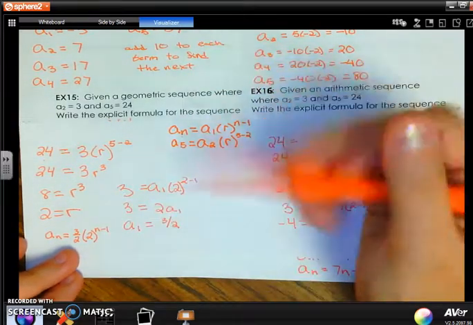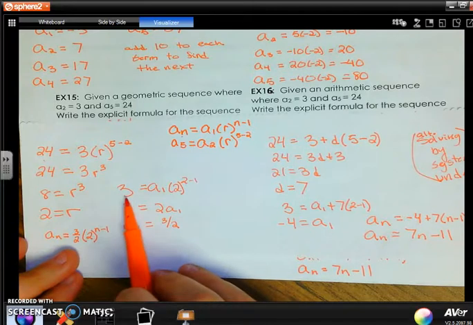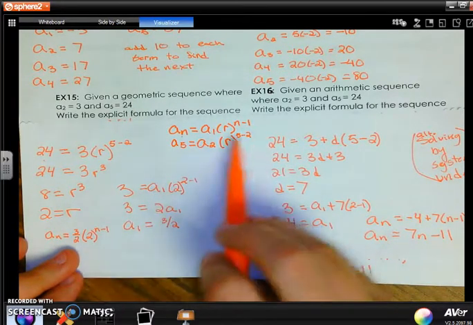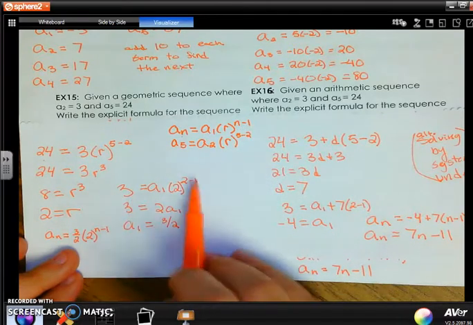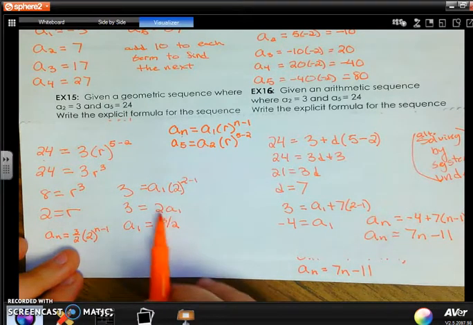So how did I get that? Well, I knew that the second term was 3. So if I wanted to find the first term, it's going to be kind of using the same thing. If I know that this is a 2, it'd be 2 minus 1. So that gives you a 1, so 2 to the first. Well, 2 to the first is just 2. So that tells me that 2 times